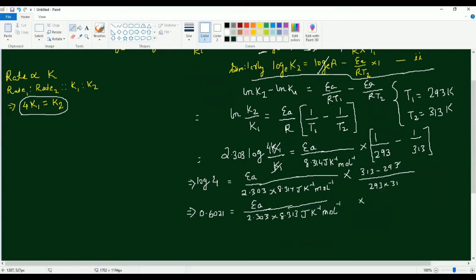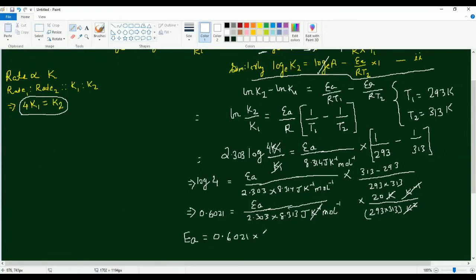multiplied by 20 Kelvin divided by 293 into 313. Since we are multiplying, it will become Kelvin square. If we see carefully, Kelvin square and Kelvin will become per Kelvin, and per Kelvin and per Kelvin will cancel. So whatever value we get of activation energy by cross multiplying will come out in joule per mole. So Ea will become, we'll just cross multiply